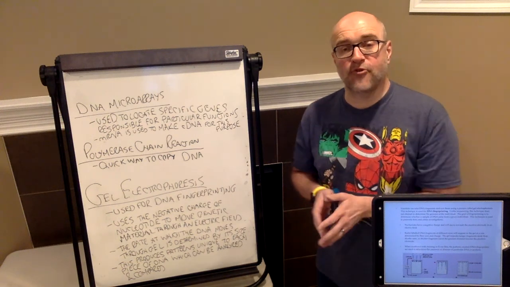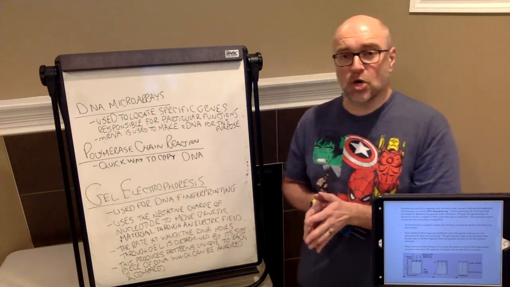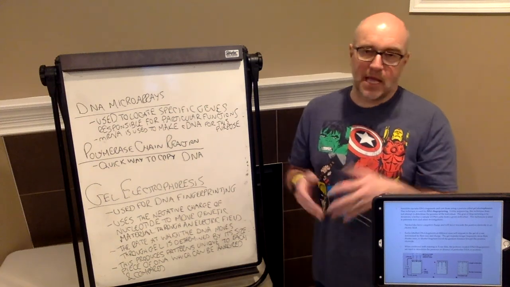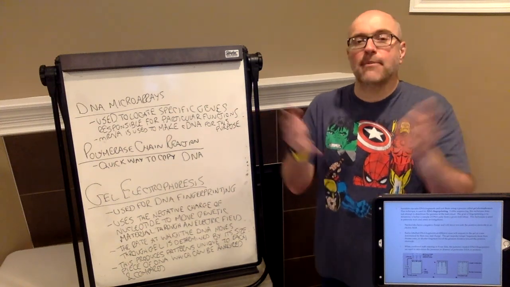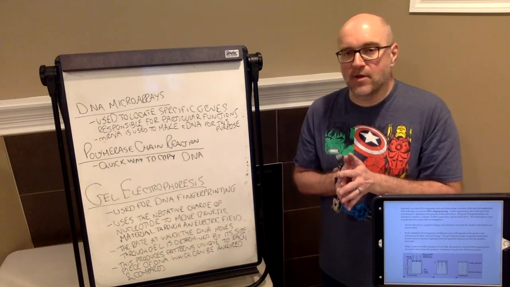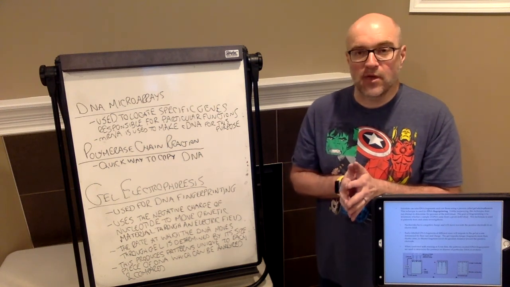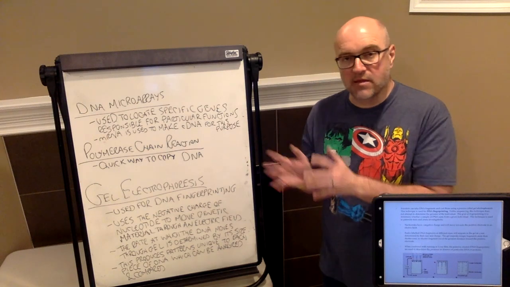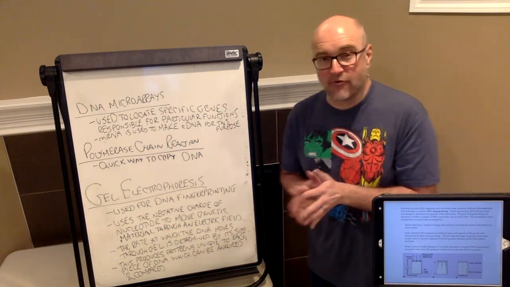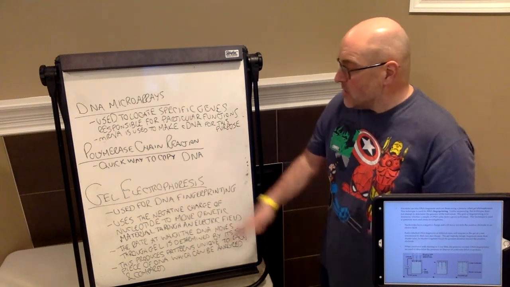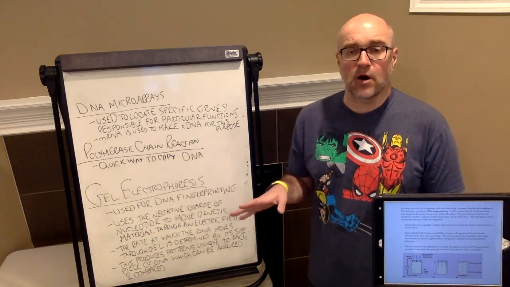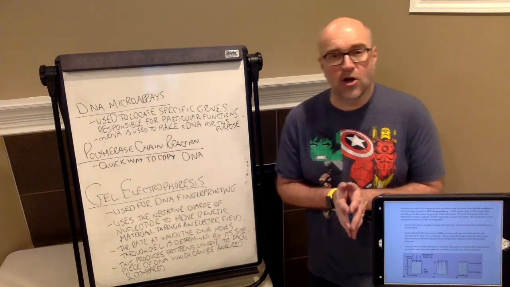It can also be used for paternity, to determine the father of a baby or the mother of a baby. Let's say it's an adopted baby, and the child wants to know who his biological mother or father is. They can do one of these to determine the DNA if they don't have records of who their mother or father is. The process I'm referring to is called gel electrophoresis, which essentially does a process called DNA